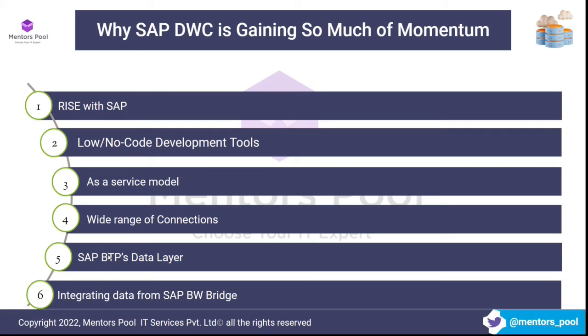One of the core layers is called the data layer, and Data Warehouse Cloud forms the backbone of that layer. So SAP is heavily investing in this platform, which is their front runner now. And Data Warehouse Cloud being the backbone of that front runner gives it that much spotlight in SAP's mind itself,